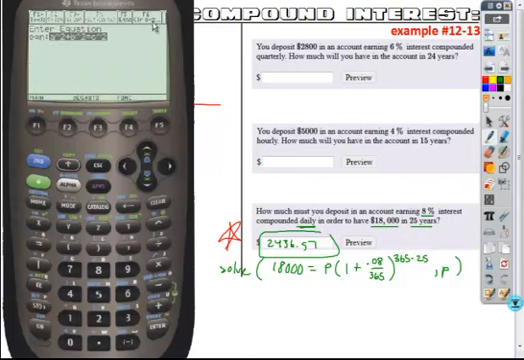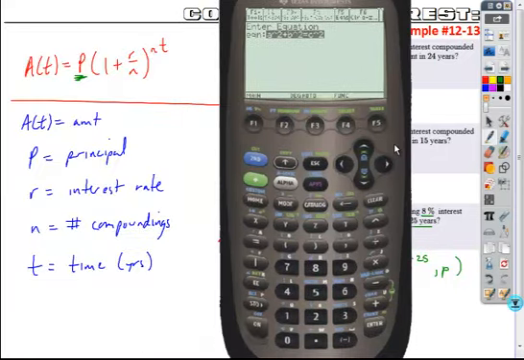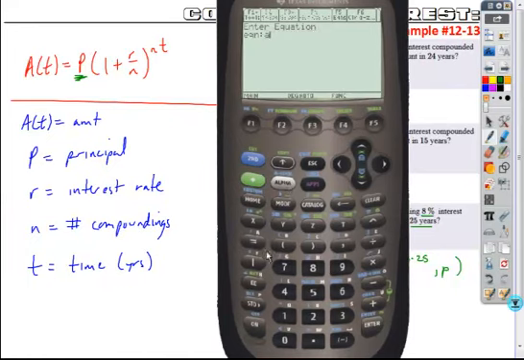If you are going to enter an equation, I simply enter it right here, and I'm going to enter this whole formula. So I have A equals P, I'm going to use the actual variables here, times the quantity 1 plus, I'll use R, divided by N. Close that off, and to the power of, in grouping symbols, N times T. Close it off. Okay. Once I hit enter on this, this will now be stored as one of my equations,